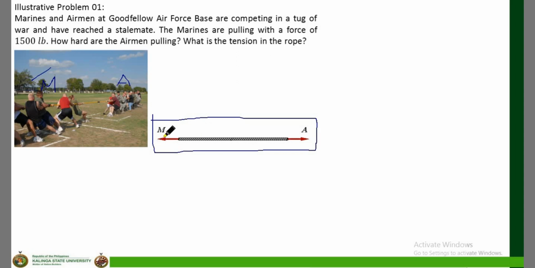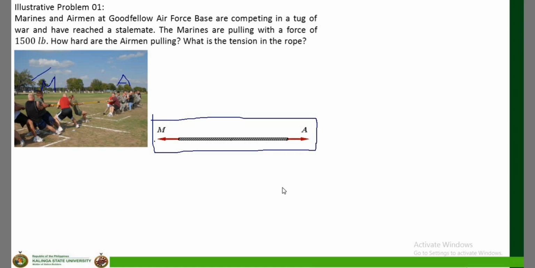Be careful with the direction of your arrows. As I said, what we assume are only the support reactions. But if you look at the situation and the direction of the arrow is obvious, don't assume. So given that, this is the free body diagram of this illustration. That's the very first thing you have to do in the analysis of equilibrium of rigid bodies. So the unknown in this problem,